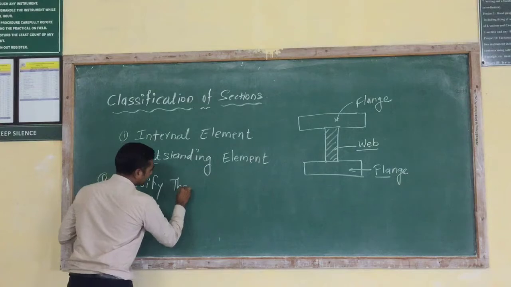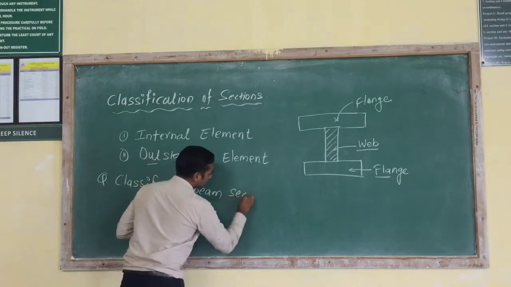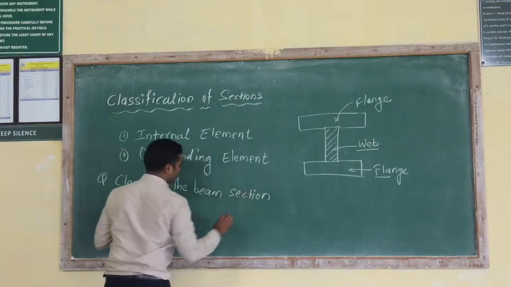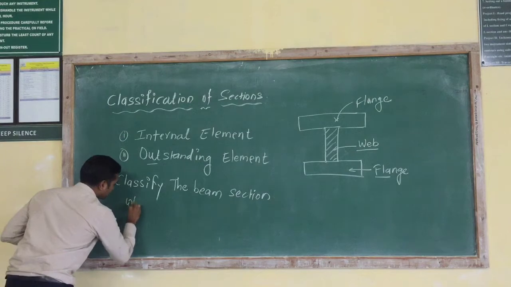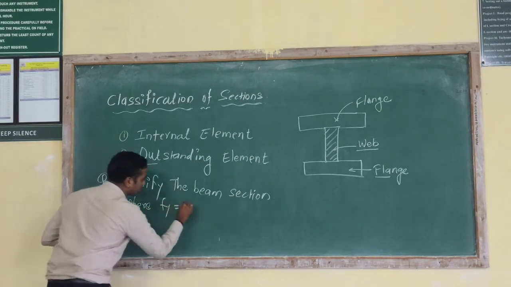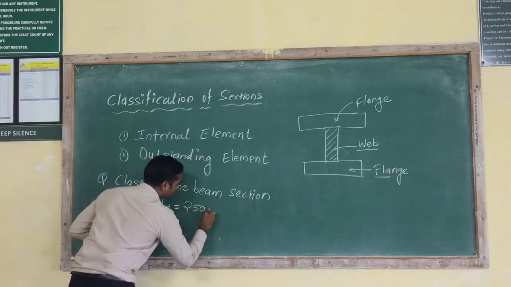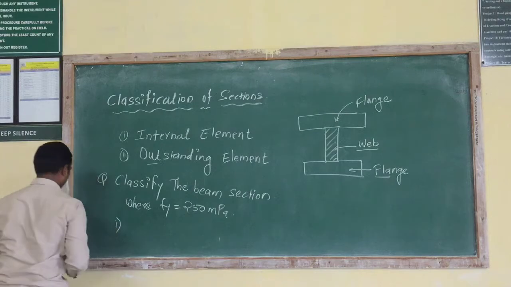Classify the beam section where Fy is equal to 250 MPa, and the first section is